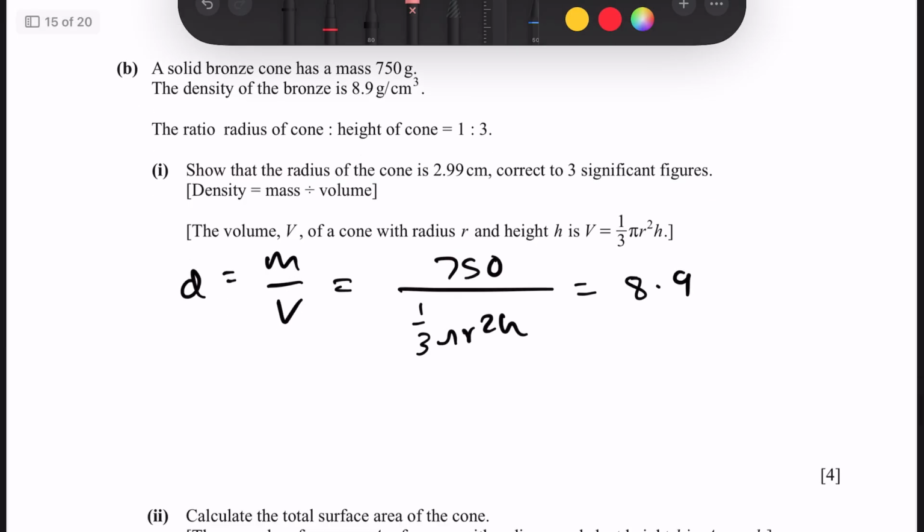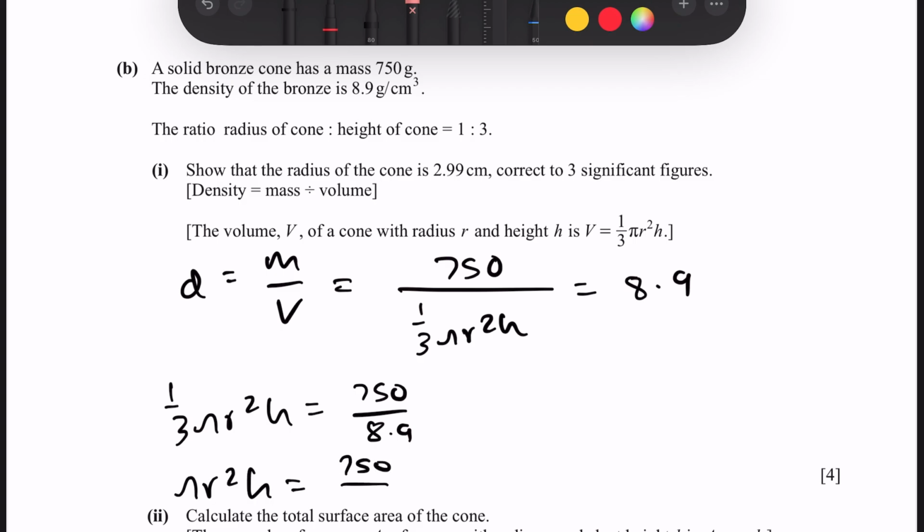This means that 1/3 pi r squared h is equal to 750 divided by 8.9. And let me check if it has an exact value. It is not, therefore I'll leave it as that fraction for now. Pi r squared h would be equal to 750 divided by 8.9 times 3, since if you multiply 3 by both sides, this and this fraction cancel off,